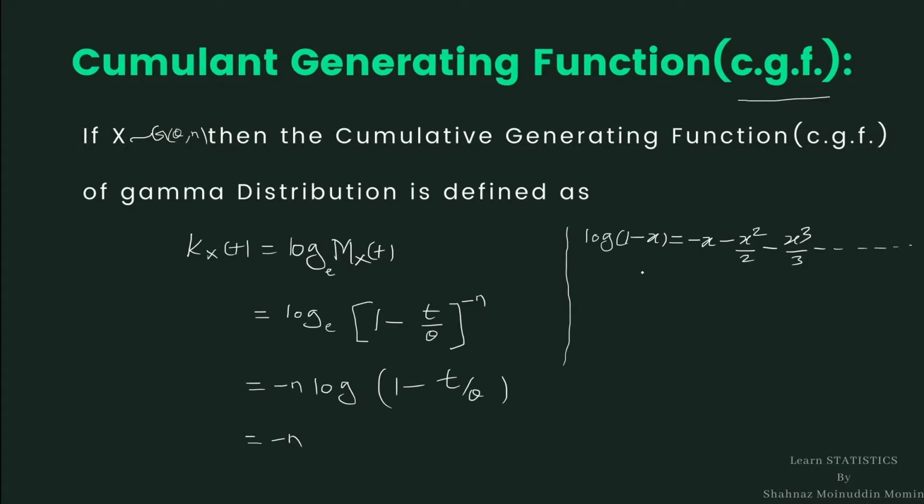By comparing this expansion, we can write the value of log (1 minus t upon theta). Here t upon theta is the value of x. So it is minus [t upon theta plus (t upon theta) square divided by 2 plus (t upon theta) cube divided by 3 plus dot dot dot up to infinity]. After multiplying the minus sign inside the bracket, we get